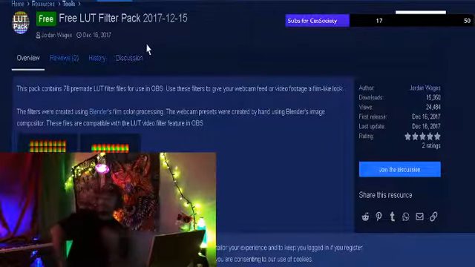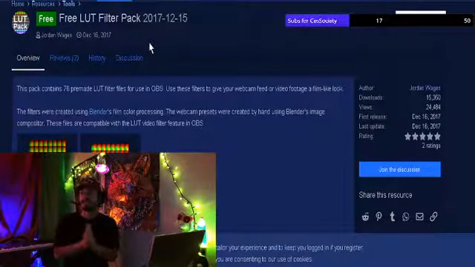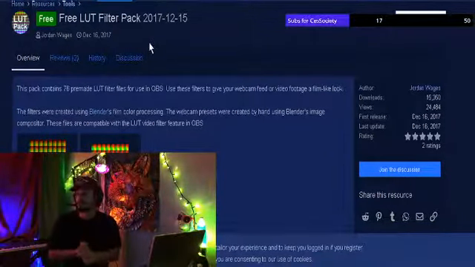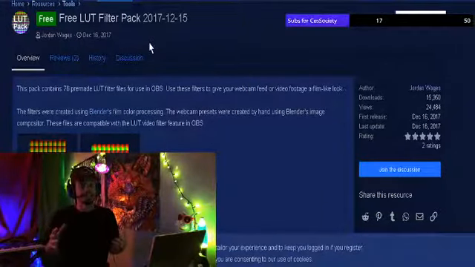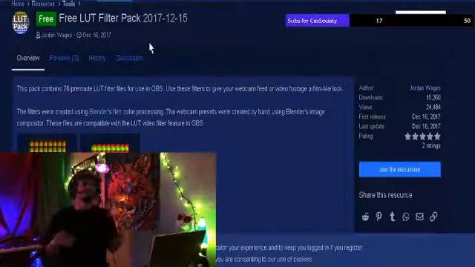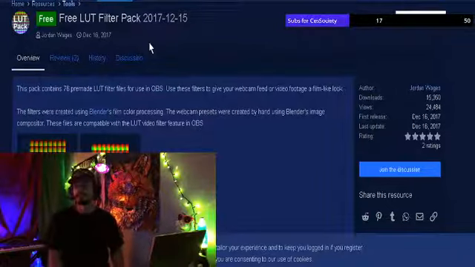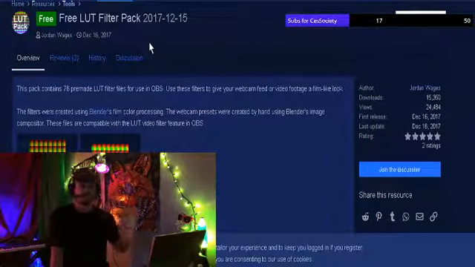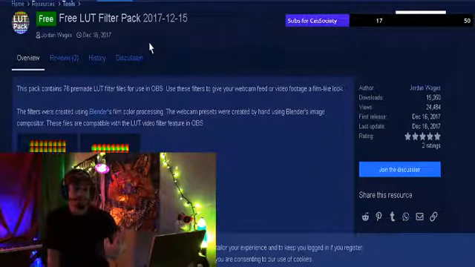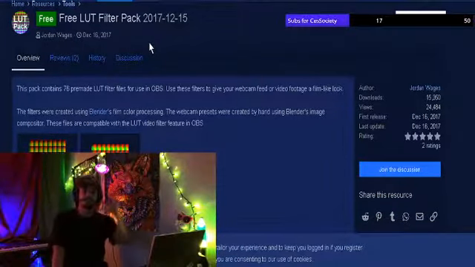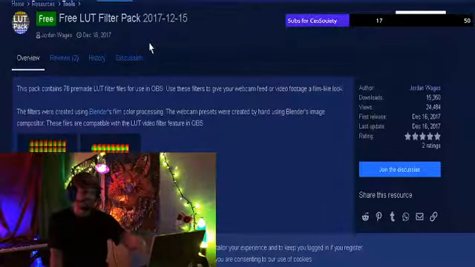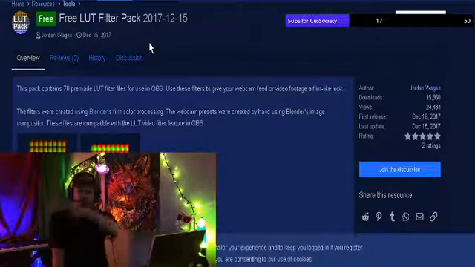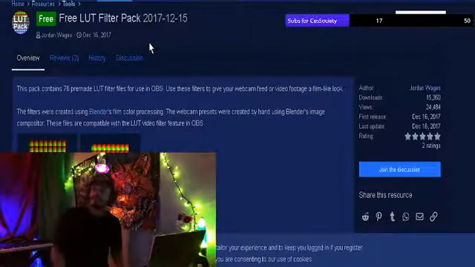So right here, if you see, this is basically obsproject.com. There's free LUT filter packs, and those are good for using on your videos as something to brighten it up, almost give it a filter, just like Instagram's filters, but for your video capturing device. And mine is my iPhone because I was resourceful. I used the app that OBS has. It's like $15 you pay, and you can use your iPhone as the camera. And then once you hook it up to OBS, you just download on this website, obsproject.com,